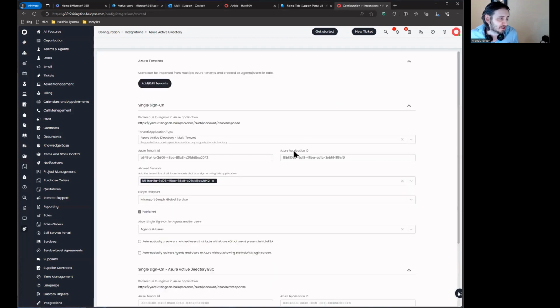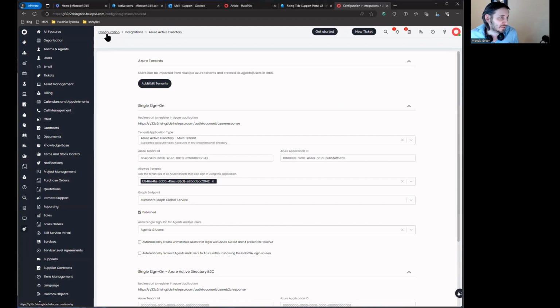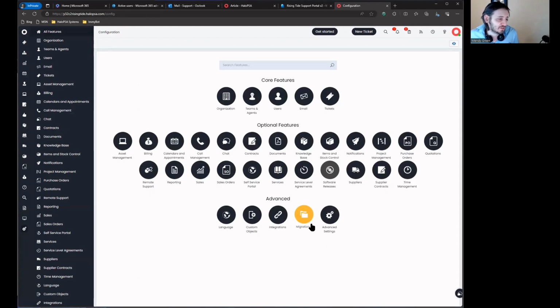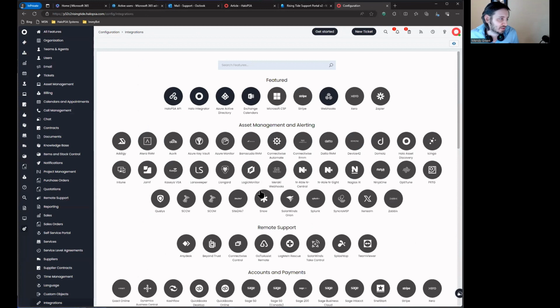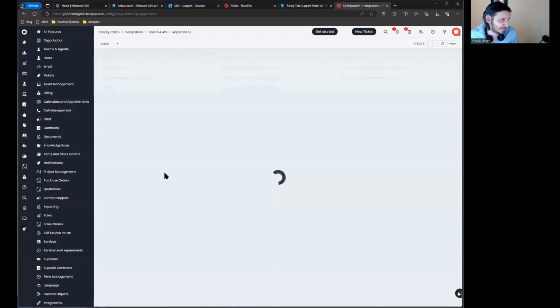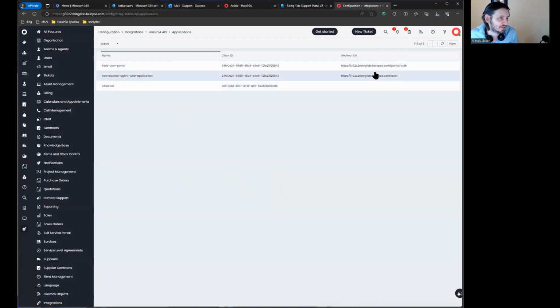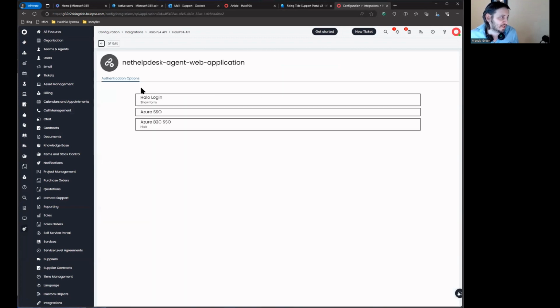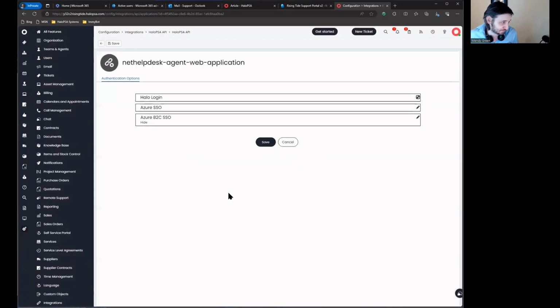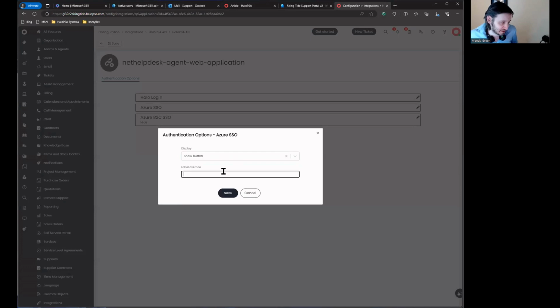Okay. The only other thing I'll show you about the single sign-on and mostly about the login page is that you can come into integrations page, go to the API, and look at your applications. You can see that these 2 applications directly correlate to number 1, the user portal, and then number 2, the main agent portal. And so you can go into them and modify how the login appears. So I can change this to like a button. I can override this to be like enter login